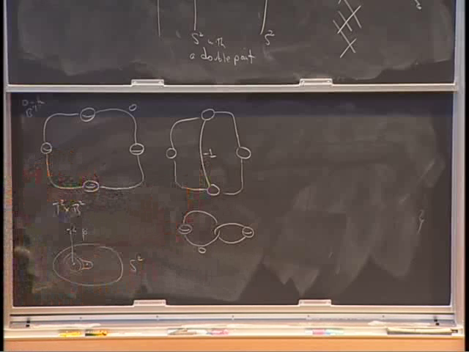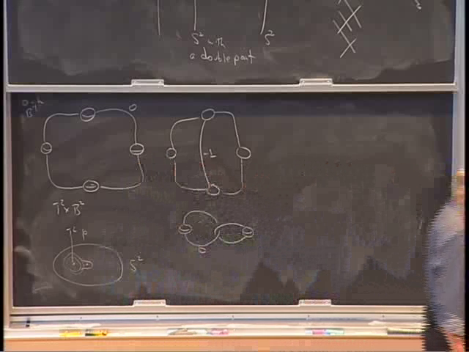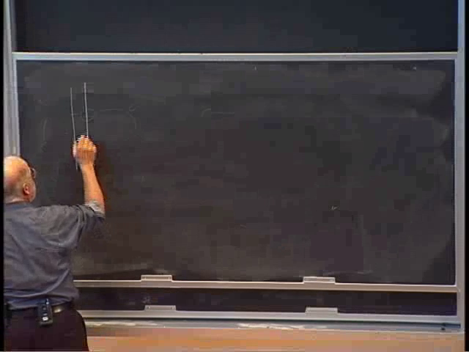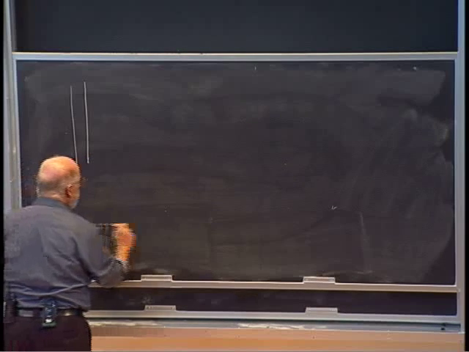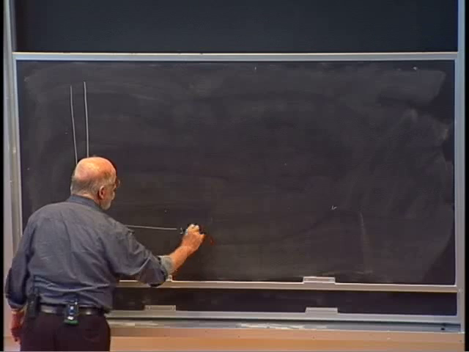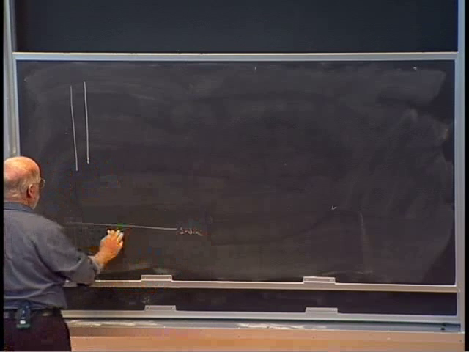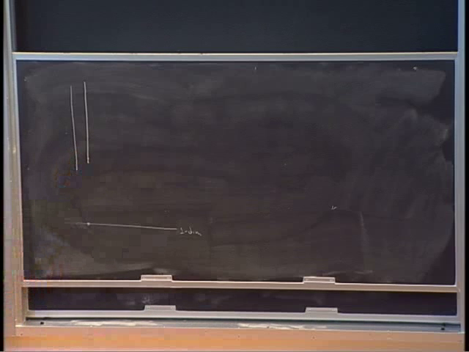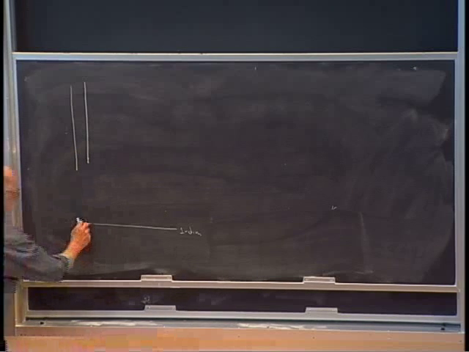Now, I think the nice picture here, for those who have never really seen this or thought about it before, the nice picture, as often occurs, you can see by doing the real case and cutting everything in half. So in the real case, instead of having a torus fiber, you'd have a one-dimensional fiber. And in this case, locally, it's going to consist of two arcs. And down the base now is one-dimensional. Could be the circle, but this is just a local picture. So here's the base, and this is what you have over this point. And now that point is going to expand. So if you take an interval here, you actually have